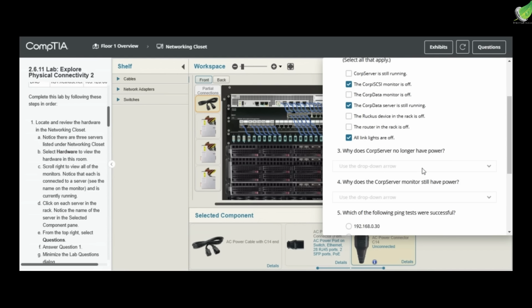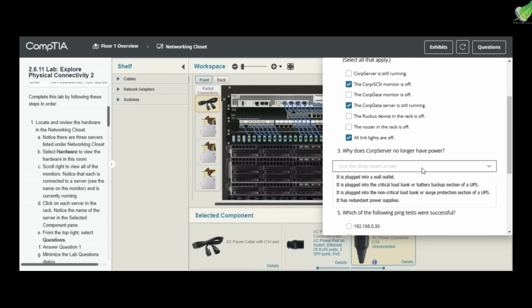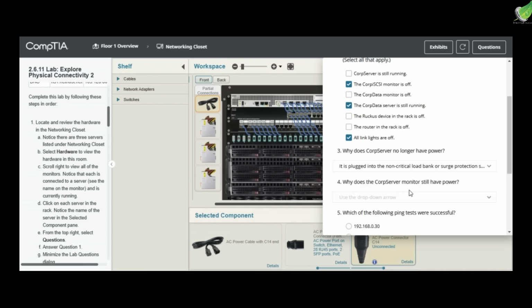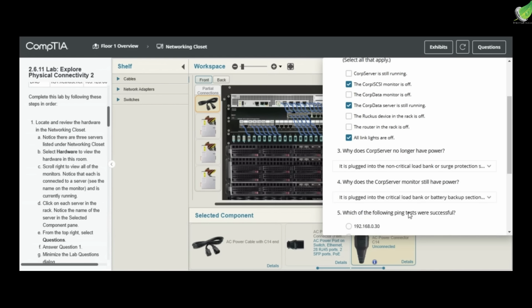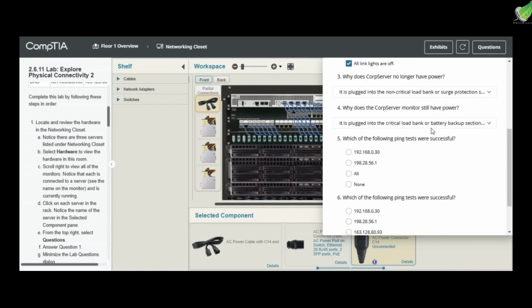And question 3, why does the COP server no longer have power? That is because it is going to critical load. Yeah. And why does the COP server monitor still